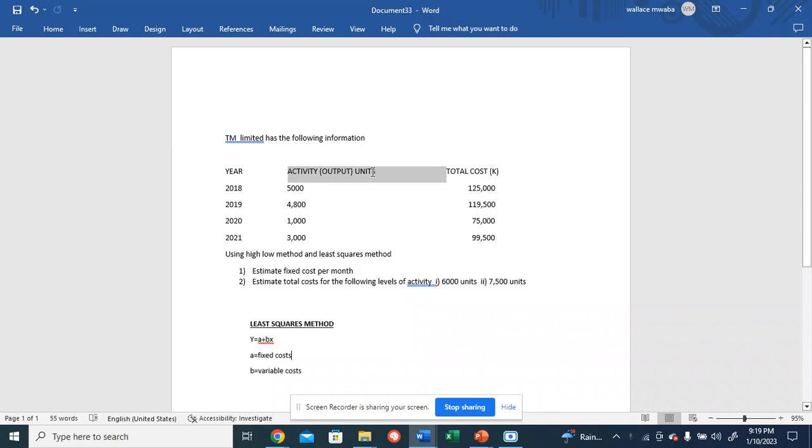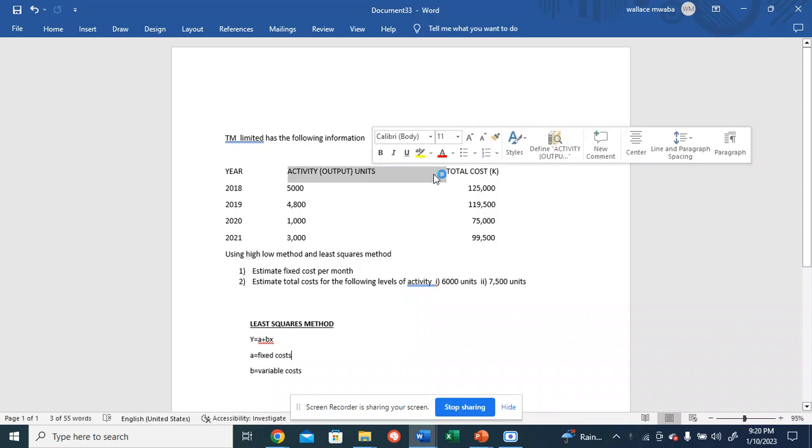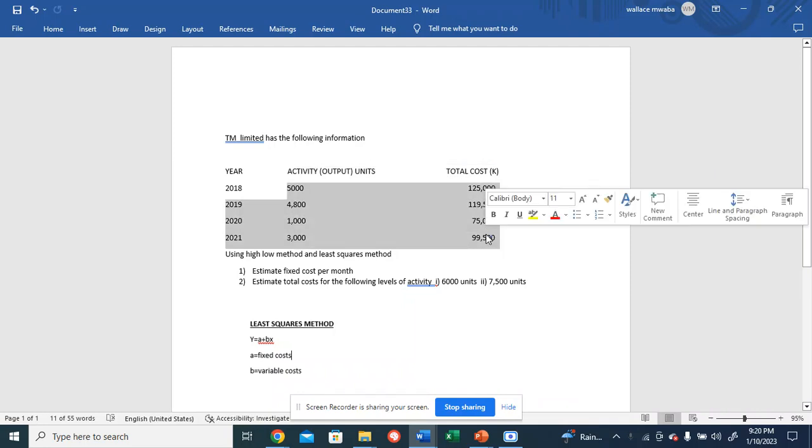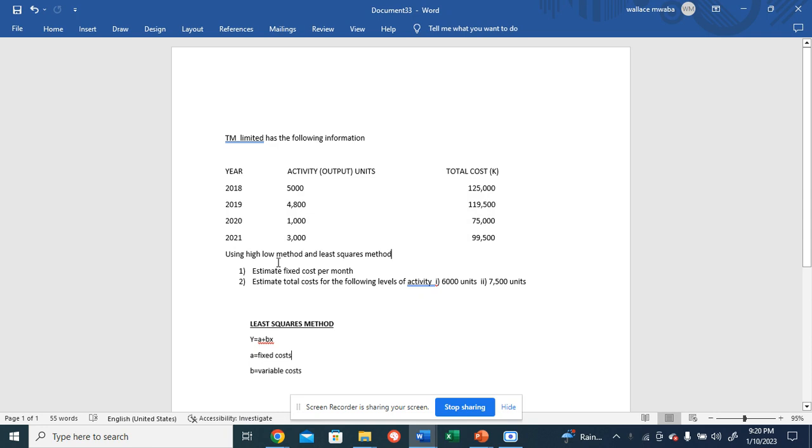All right, T Limited has the following information. We've been given the years, the activity, how many units they've been producing in those years, and the costs attached to that activity. They've asked us, using the high-low method and the least squares method,